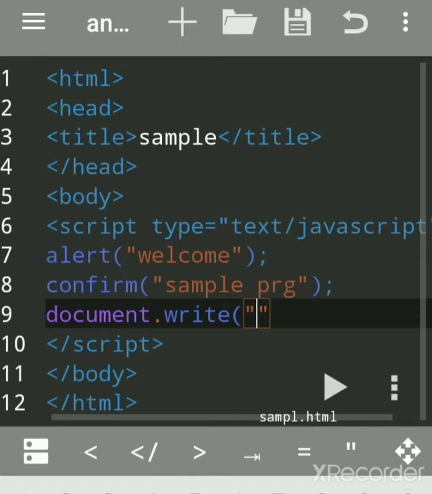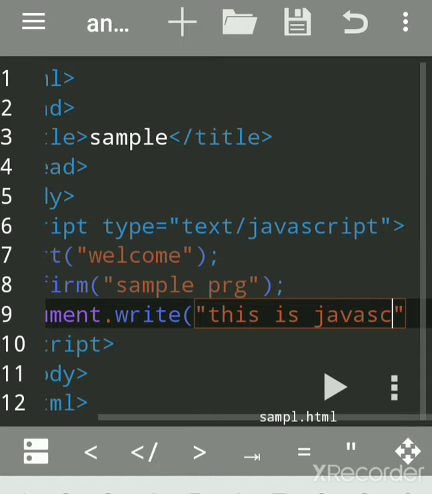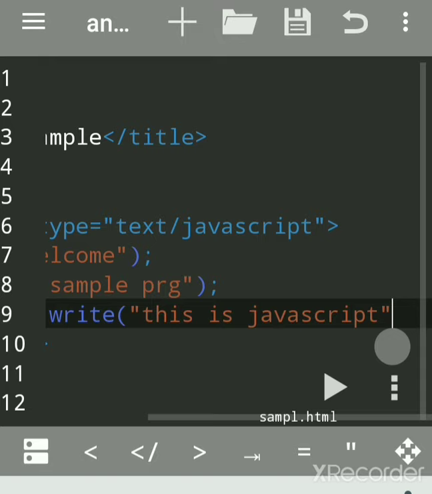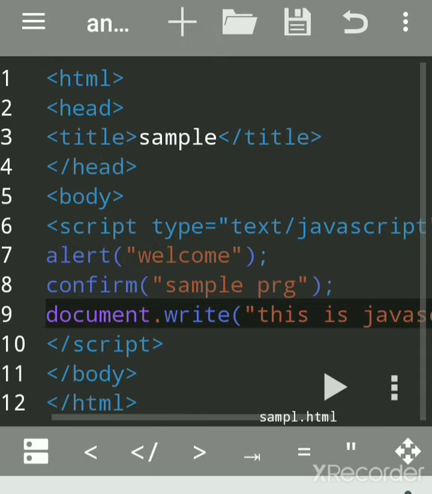So if I write this is sample program, this is JavaScript, you have to enclose in double quotes. You can write anything, terminate each line by semicolon, save it. So this is preview. Click on this arrow.